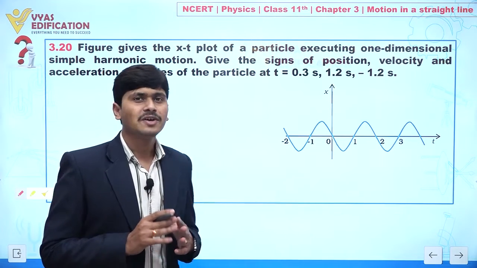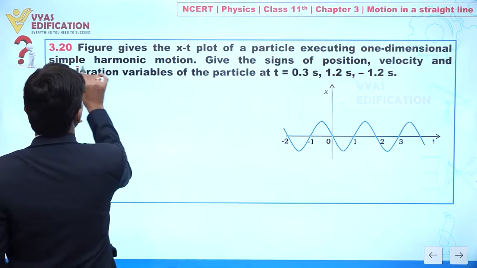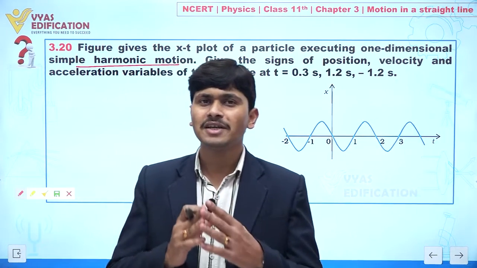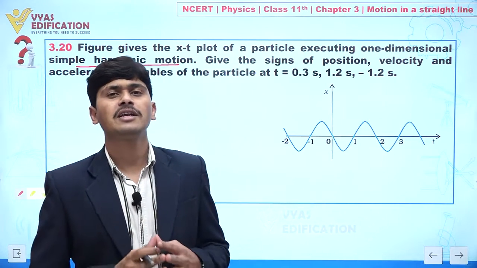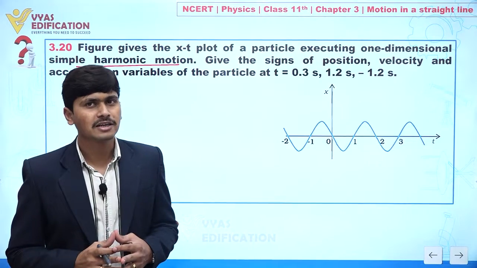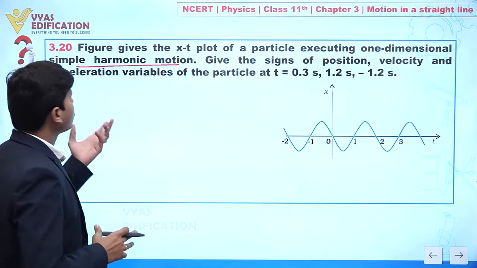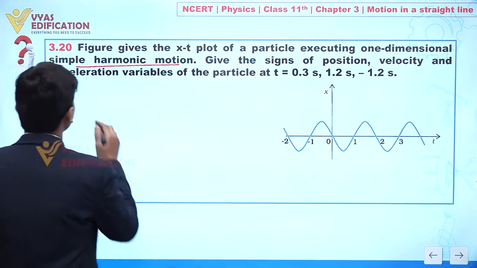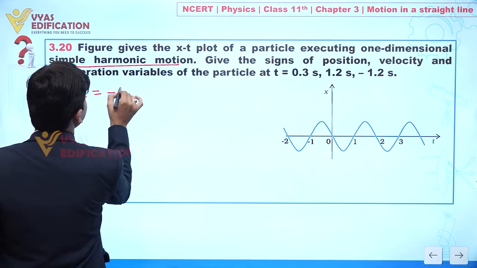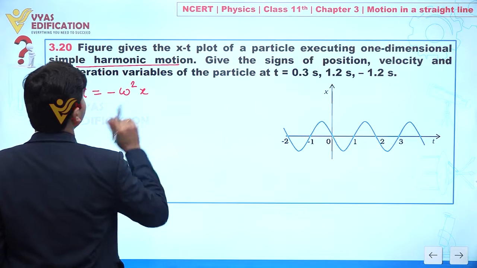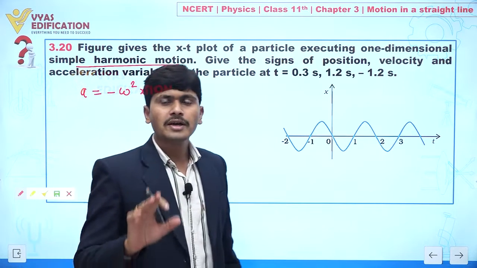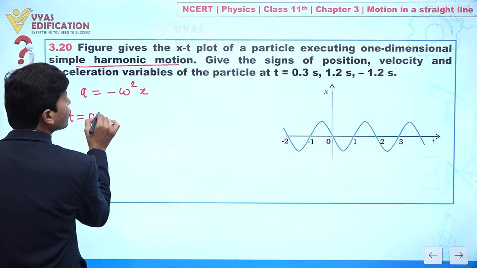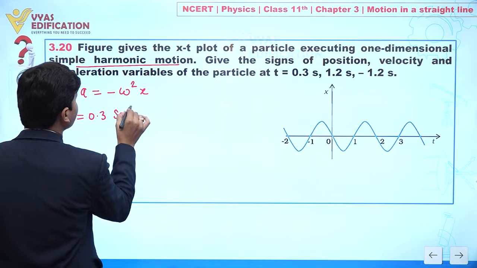First, let us try to understand that the given situation is for simple harmonic motion. Clear? Actually, we have a chapter that is Oscillation, chapter number 14 in part 2 of class 11. In oscillation we will find there is a relation between acceleration and displacement, and that is given by a equal to minus omega square x. Clear to everyone? So now, let us discuss situation number 1.